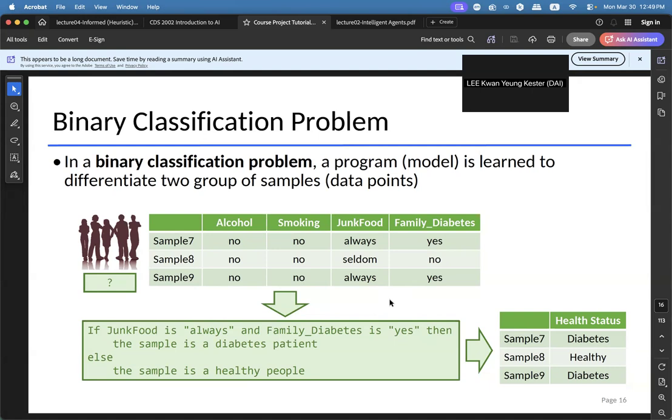After we compute the health status, we can use it to say whether the sample is going to have diabetes or not. In other words, our model can be used for making predictions, even though for a new data sample we don't know the label or the health status. We can use this program to output their health status.